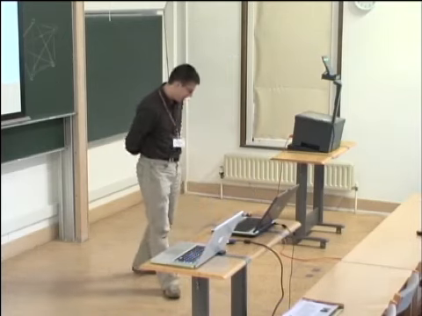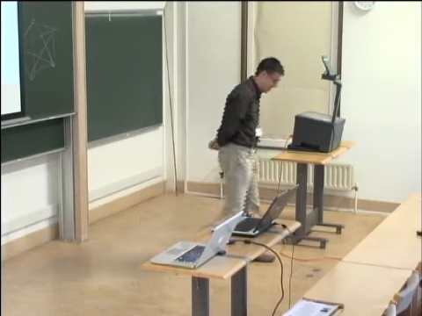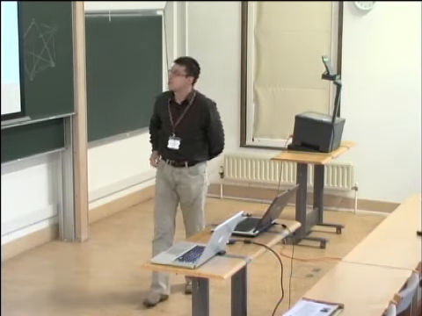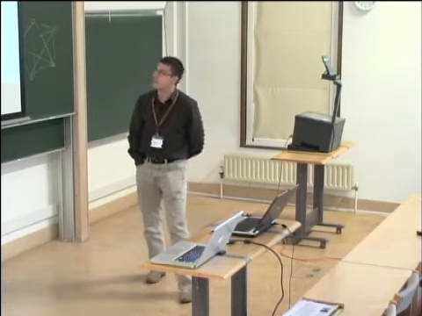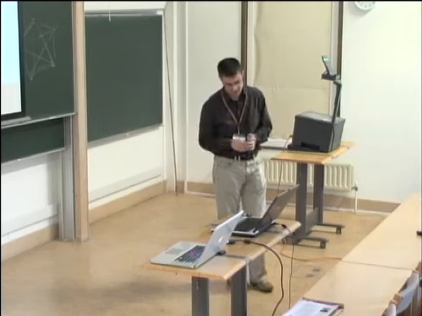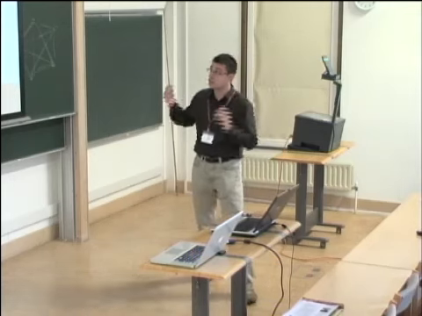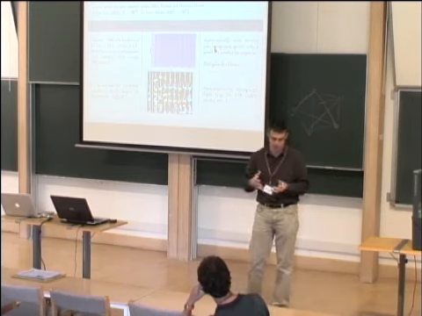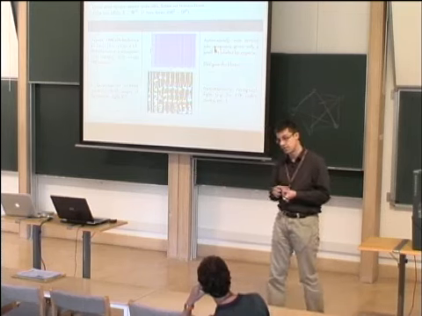So how do graphs arise from high-dimensional data, and which kind of high-dimensional data are we talking about anyway? So here I have two examples. The first example is a set of documents. It's a set of 1,000 scientific articles taken from Science News. And how do you map them to high-dimensional vectors? Well, you can pick a dictionary. Here I picked a small selected dictionary of about 1,000 words.